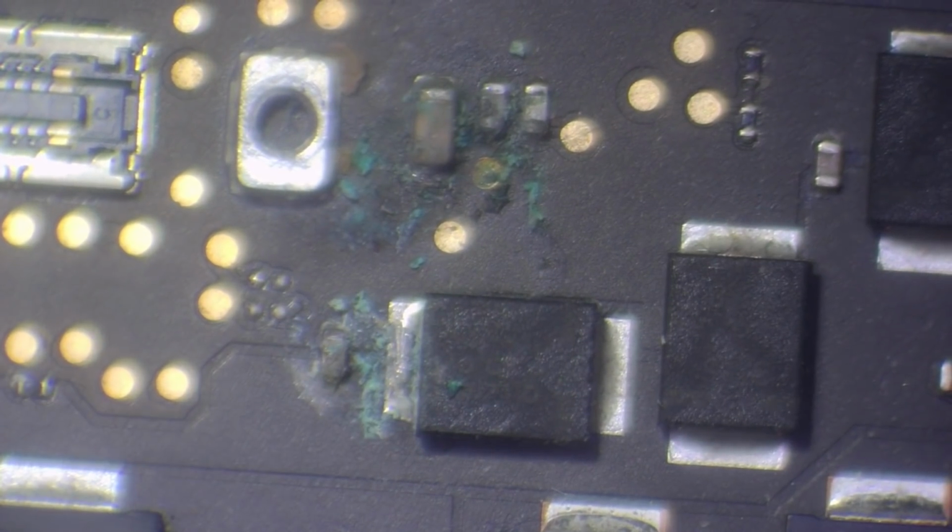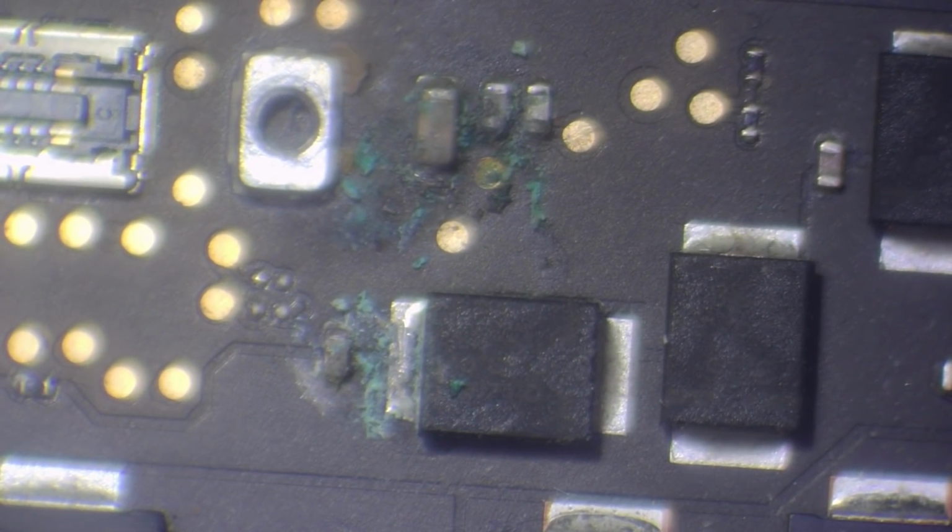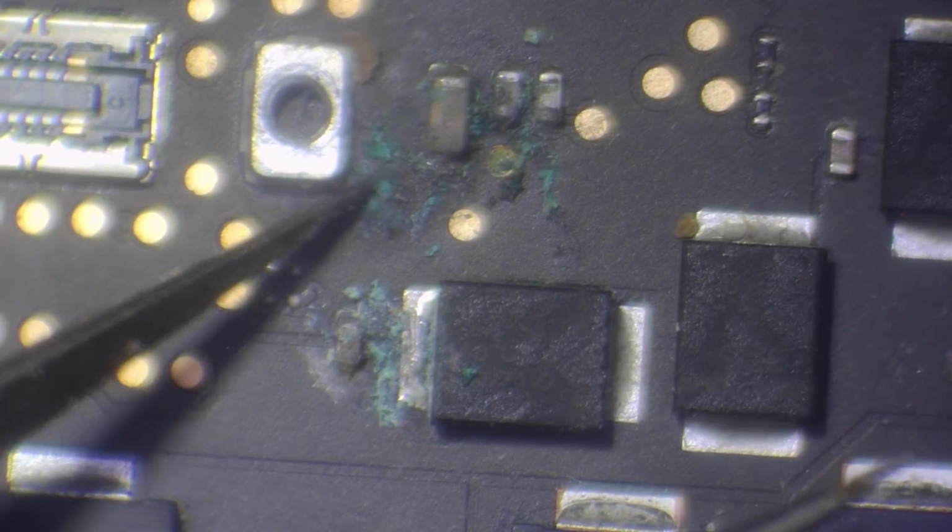So I think what we need to do first is just reflow this area and basically just take it from there. So we're going to reflow this and get rid of this corrosion, and then we're going to take it from there and hope and pray that it didn't cause any further damage. So I'm going to get some flux,